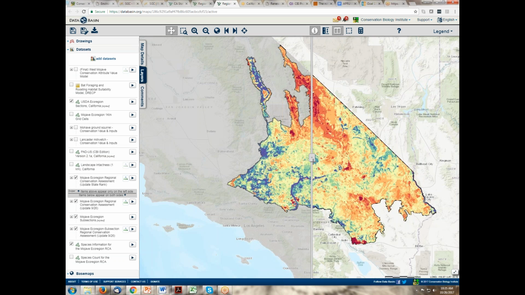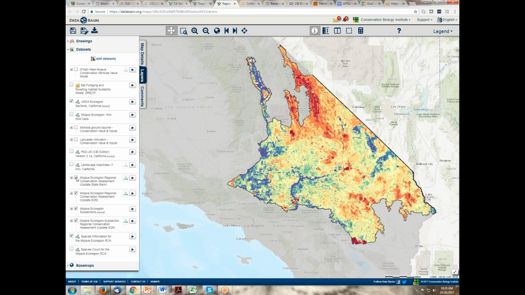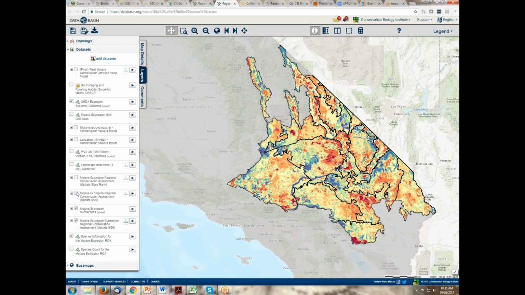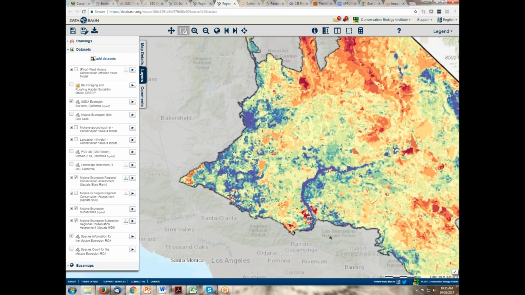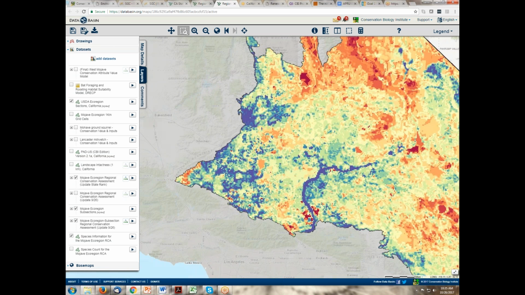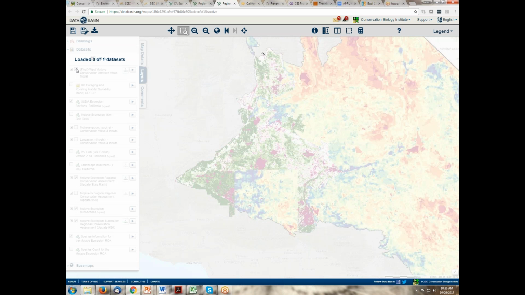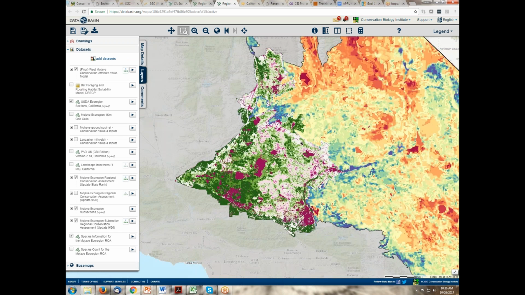The last thing I want to show, let me turn off the swiper tool for a second. And I want to go to this one. Let's just do this one. I wanted to show and zoom in on when we worked together on the West Mojave. I wanted to compare the two because you guys helped build that model. And I wanted you to see how it compares to the new one that has a lot more targets, right? I thought you'd be interested in seeing that. So the model that's going to show up, and sorry about the color. So in this case, I'm not going to mess with the legend.